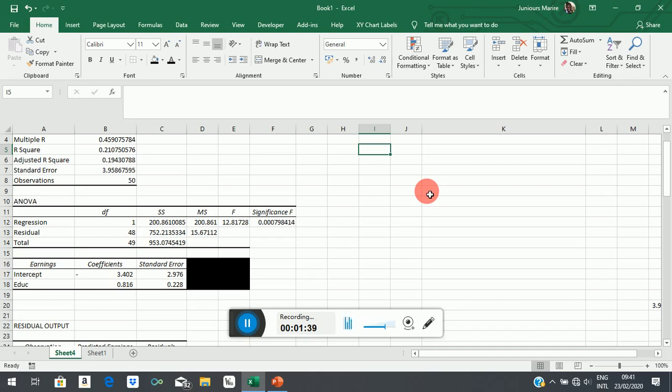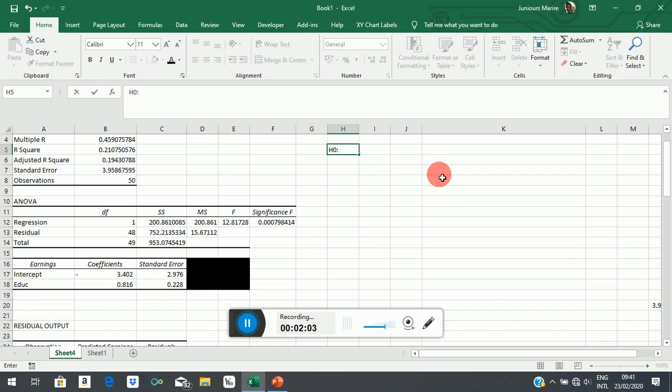So we want to test the slope coefficient of education. We want to test if education has a statistically significant effect on earnings. So the procedure is that we state our null hypothesis, which is written as H naught,